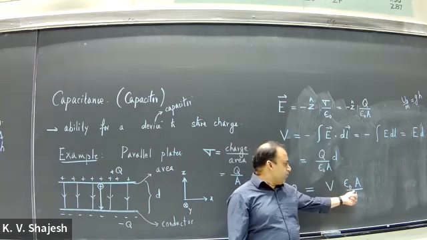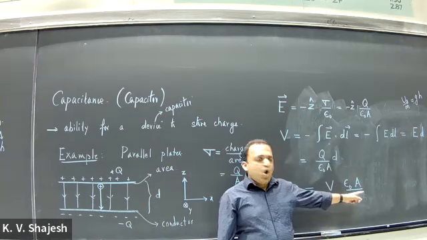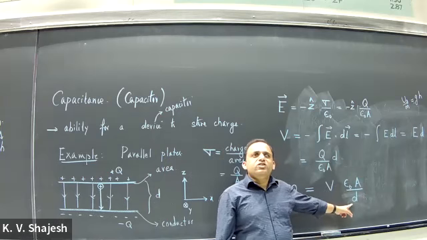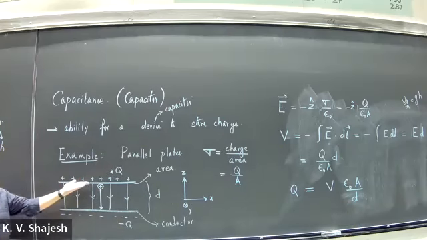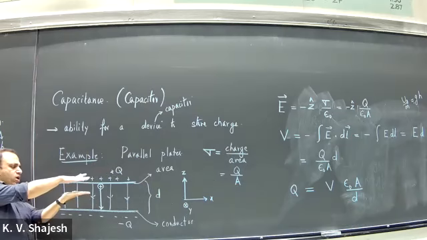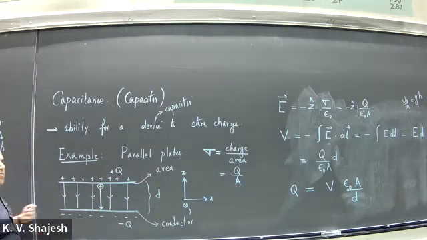So there are 2 possibilities. I can increase my area, or I can decrease my distance between the plates. The charge stored in this plate will be a lot more if I were to bring this closer and closer. Or if I make this extension large, making it larger makes sense because there is more room for the charge. That is sort of immediate, but the distance as you get closer, that's a concept that then you can actually